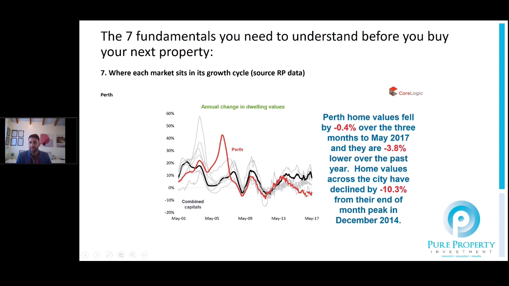And we see that that's probably coming to a bit of a bottom, and it's bottoming out now, but I think it's probably got a year or two left before they really transition to more of a stronger economy, not necessarily centrally based on the mining sector. So opportunities do sit in that market, and as we saw in that population growth chart earlier, I think the long-term picture and the long-term growth for population as well as their economy looks okay, but it's all about timing it. Based on the days on market as well as the vacancy rates, I don't think the time is ideal just yet, but it will be an opportunity market in the next few years to come.